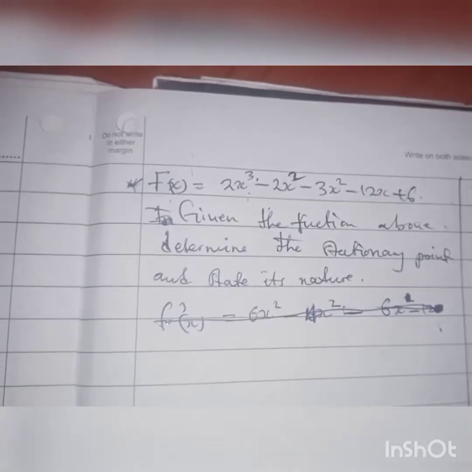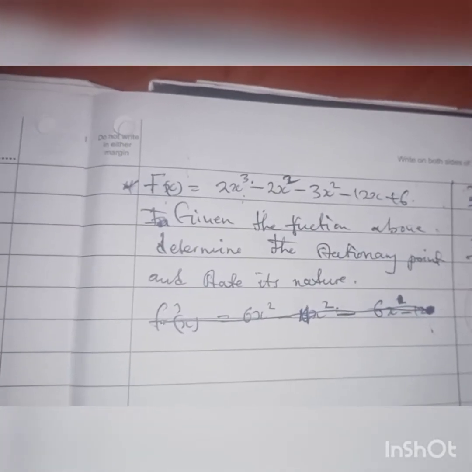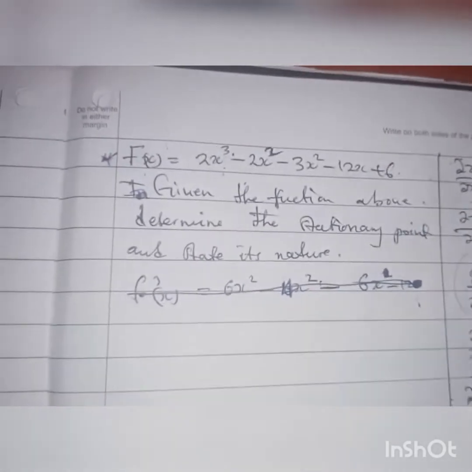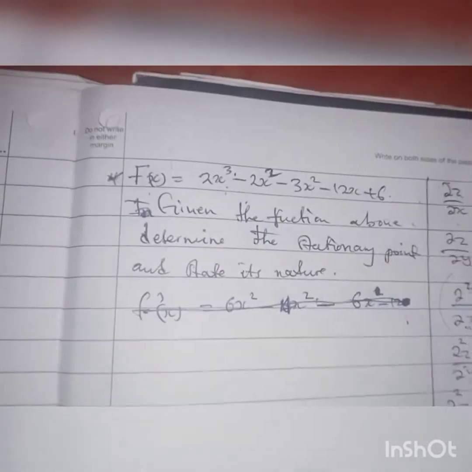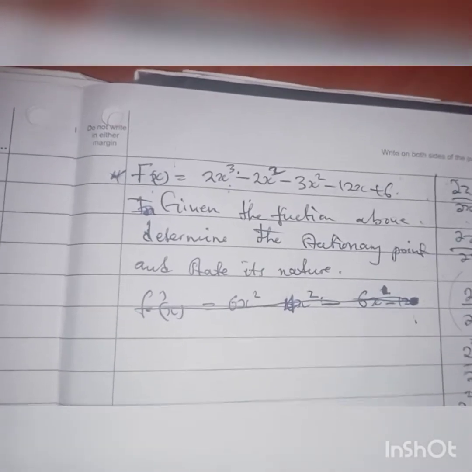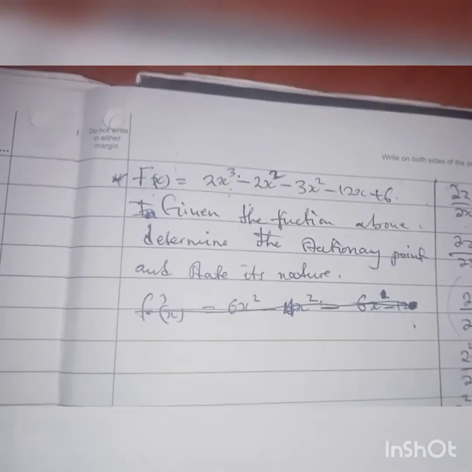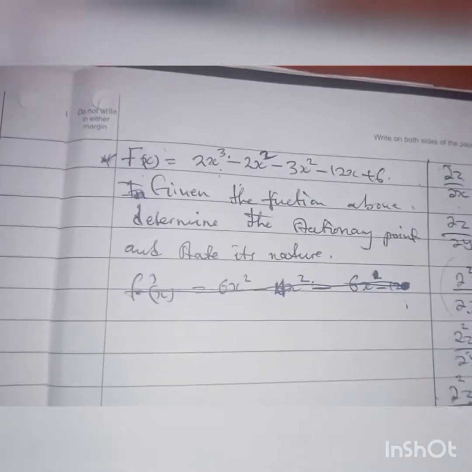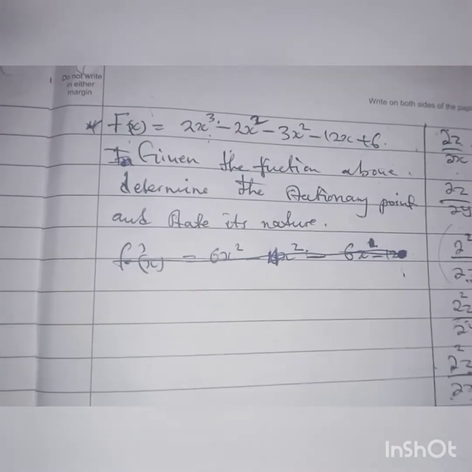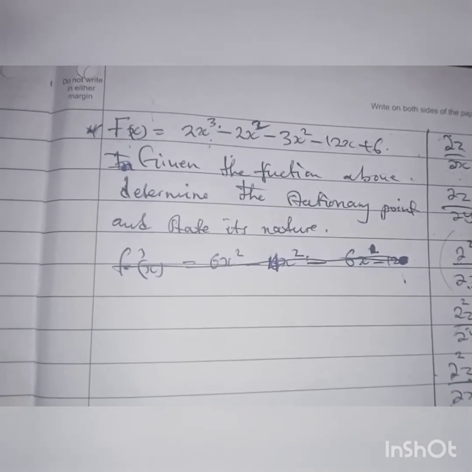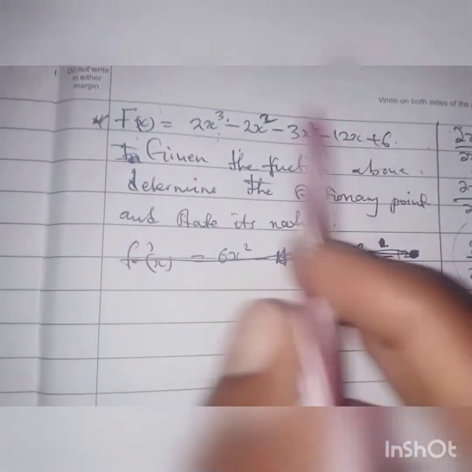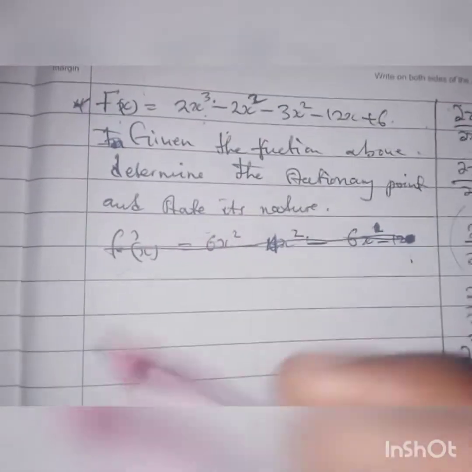Assalamu alaikum. Given a function of x as shown below, you have been asked to determine the stationary point, and hence state the nature of that stationary point. Is it a maximum? Is it a minimum? Or is it an inflection? What you have to do there is define the first derivative of that function, because